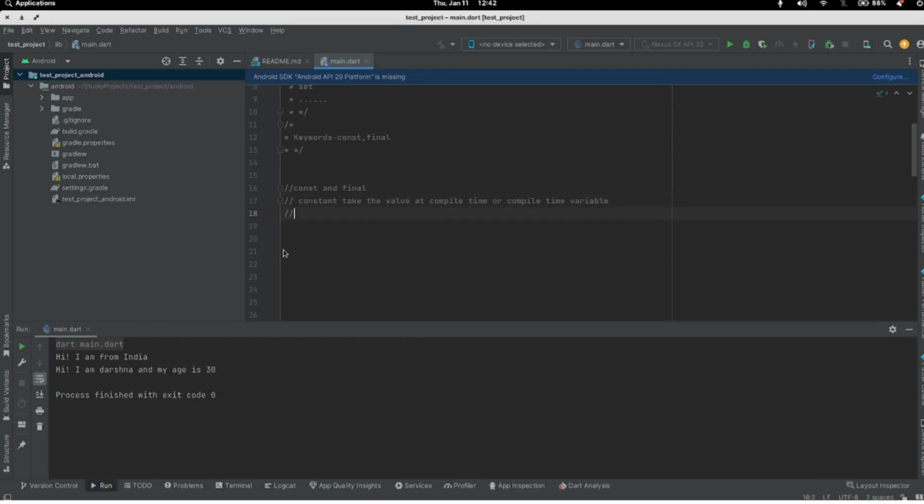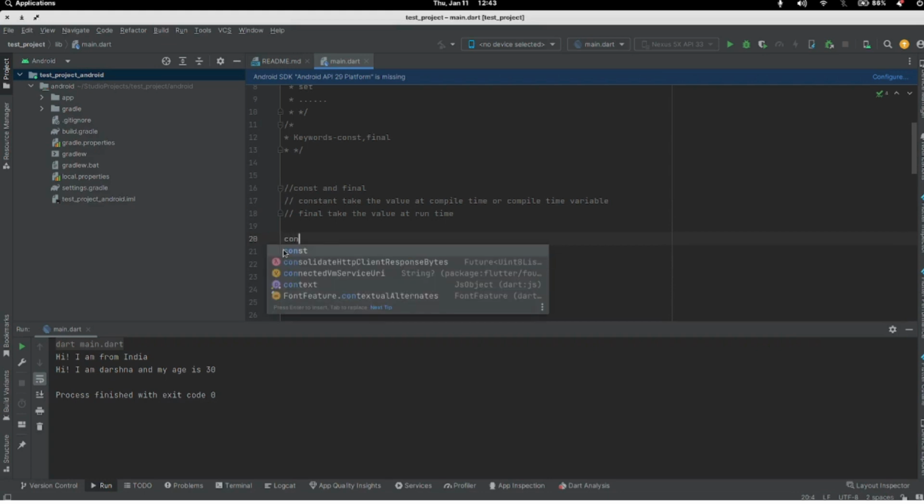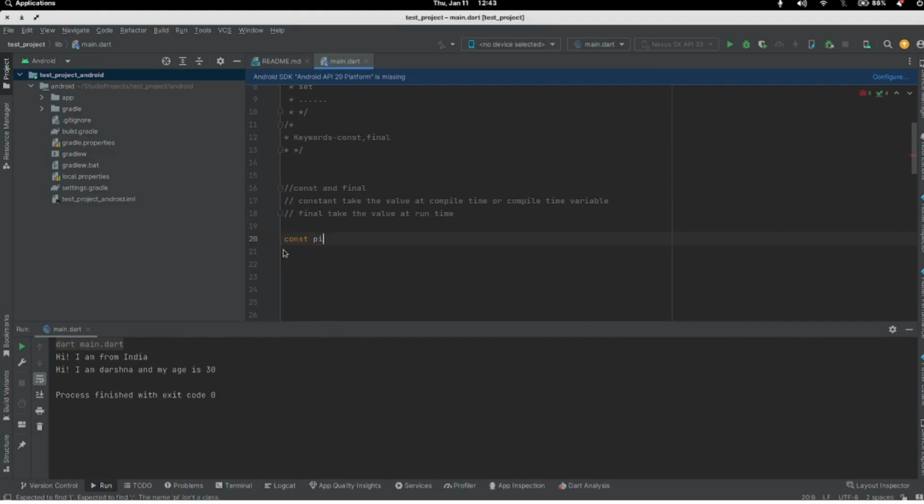While final takes the value at runtime. Okay, and what other feature differences there are between const and final, we will discuss by example. Suppose I'm taking an example of one variable. I'm creating a variable called pi, and I am creating this variable as a const. Now I am assigning the value